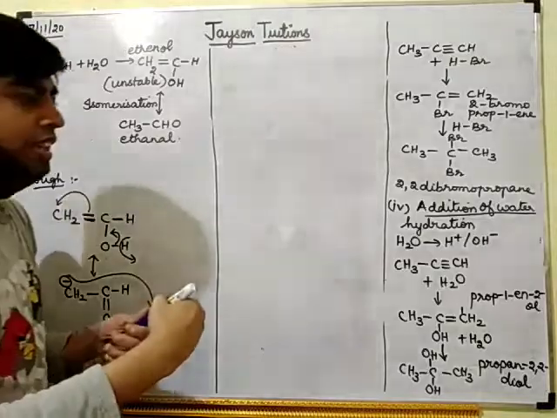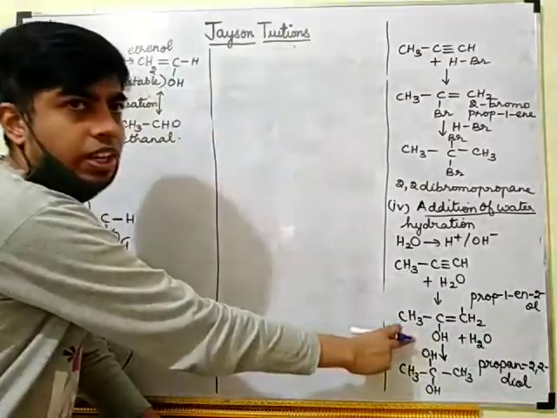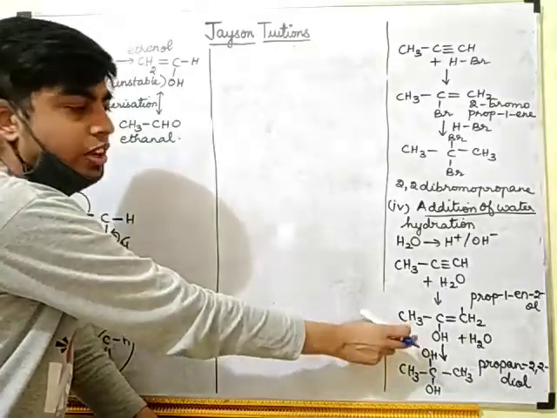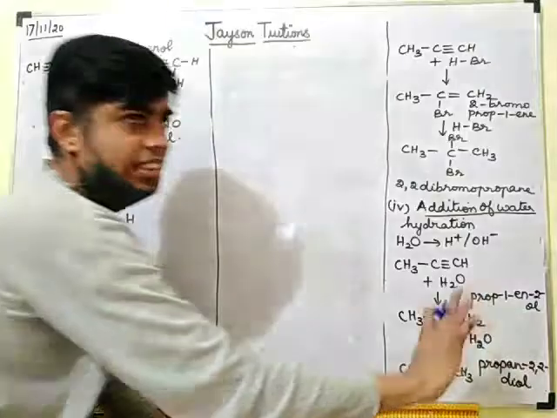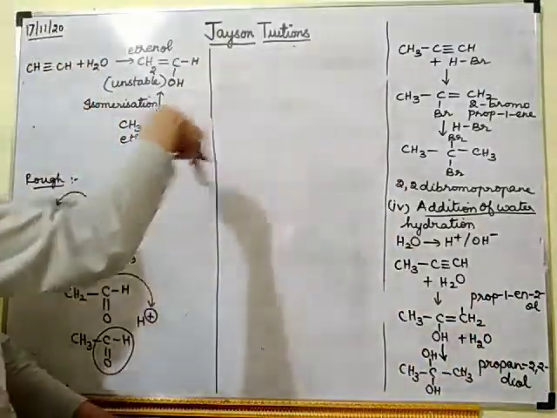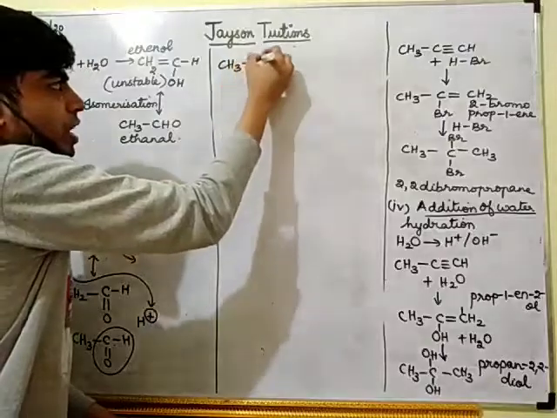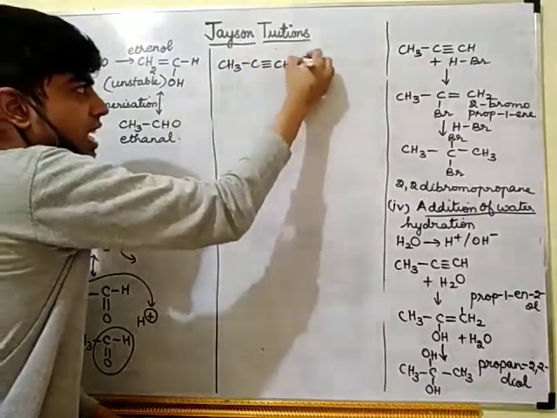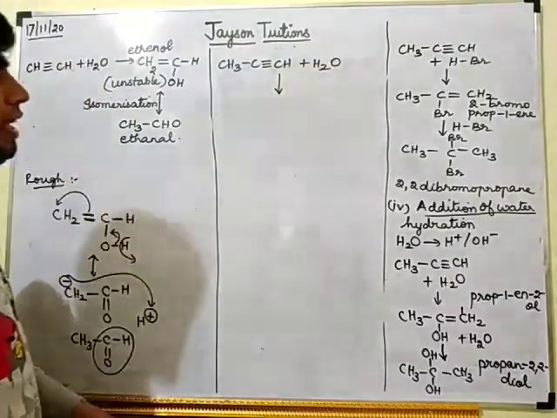In the same way, there is a chance for this propenol also to undergo isomerization. So if propenol undergoes isomerization, we will not get this product. What product we will get, that we will do now. Okay, so CH3 C triple bond CH plus H2O gives...